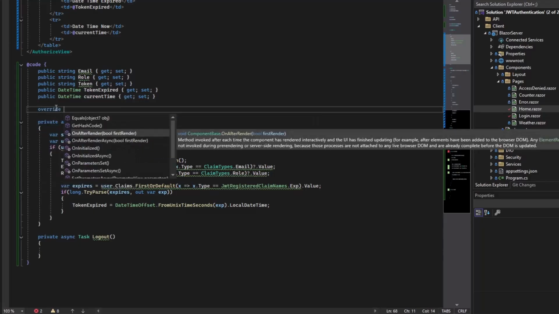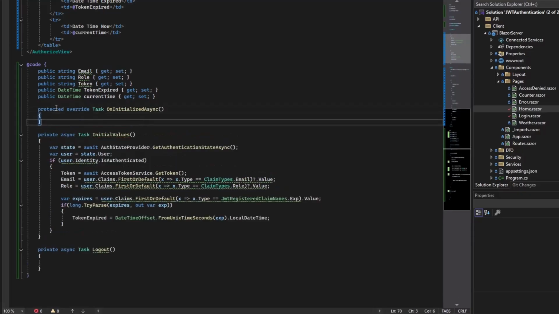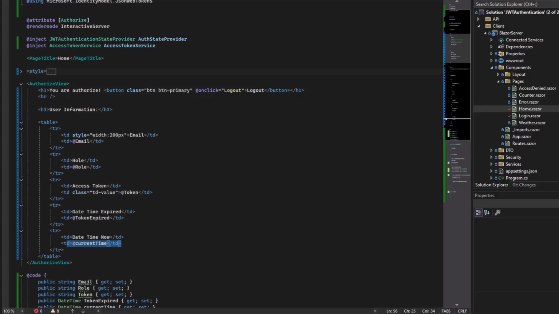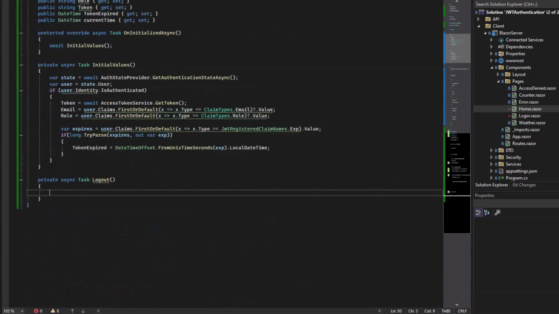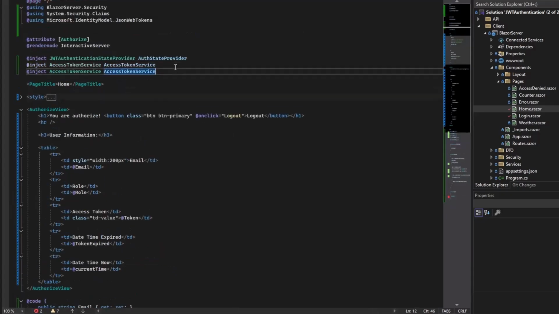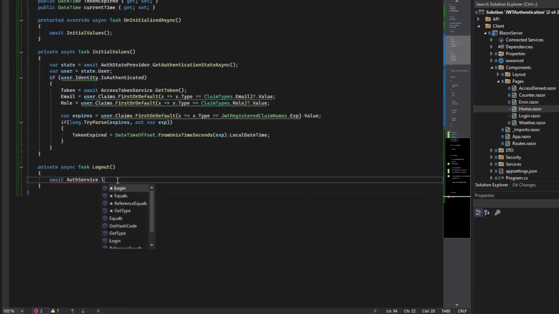Now we just need to call it on OnInitializedAsync and await InitialValues. And for current time, I think we don't need it for now. We can just keep it as it is, just ignore it. And maybe we try to implement the logout also. I'm not sure if we already have logout there. Await auth service, do we have auth service here? No. Auth service with capital A, and then logout.